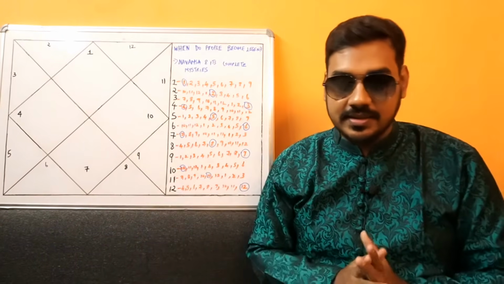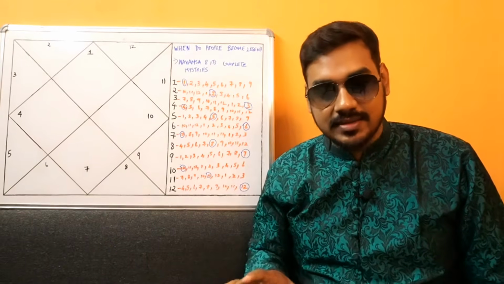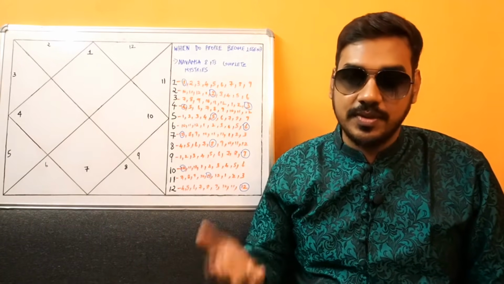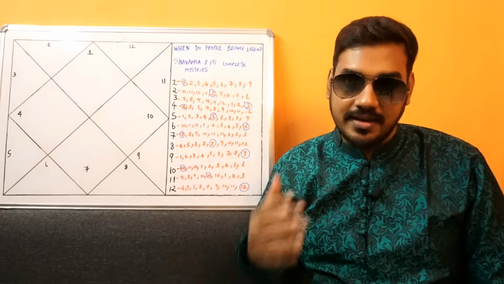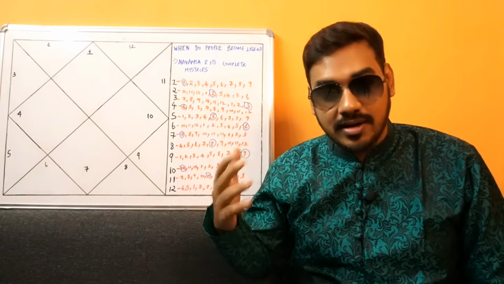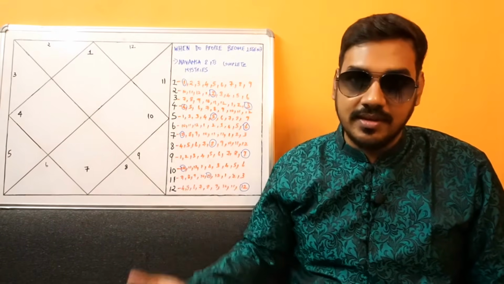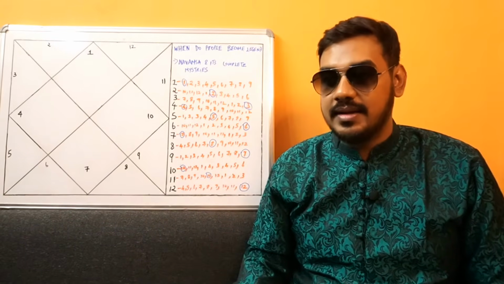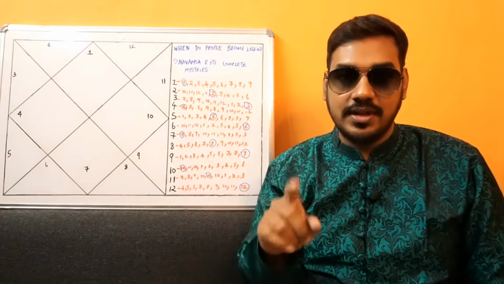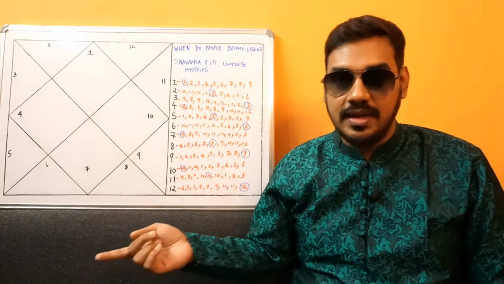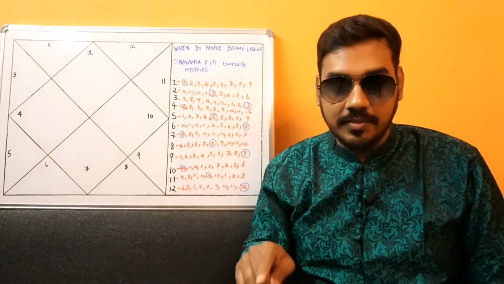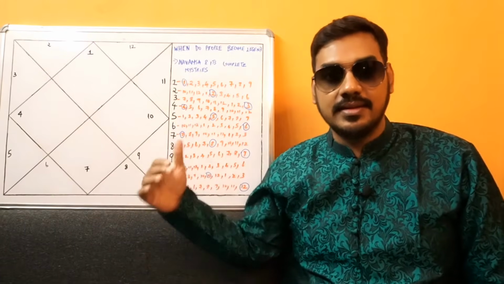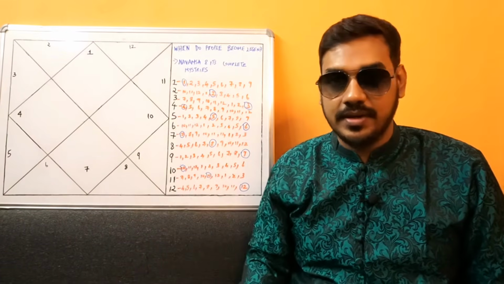9 is auspicious. Similarly, there are 9 planets. Obviously, they are auspicious for us. Then Lord Rama was born on Navami. Navami is very auspicious. Again 9, alright. And it is said that whenever you have to chant a mantra, you have to chant it 108 times. And this 108 has come from the 108 nakshatra padas, alright.